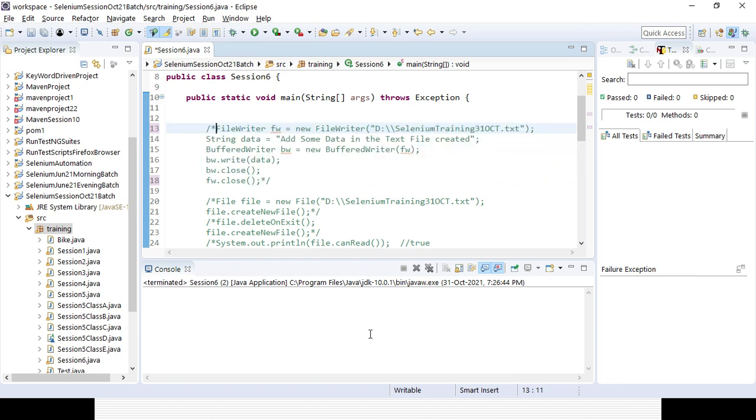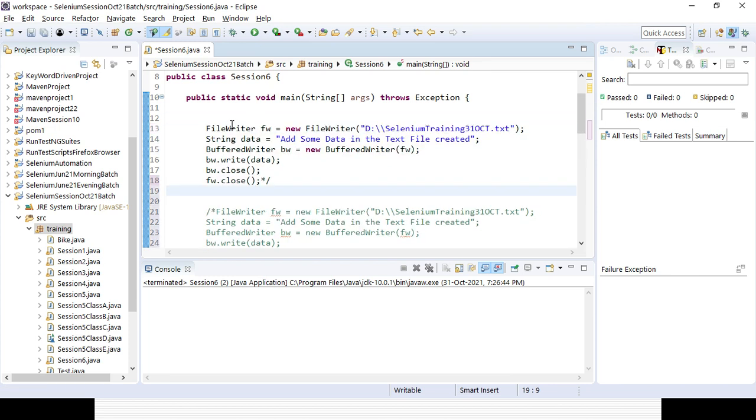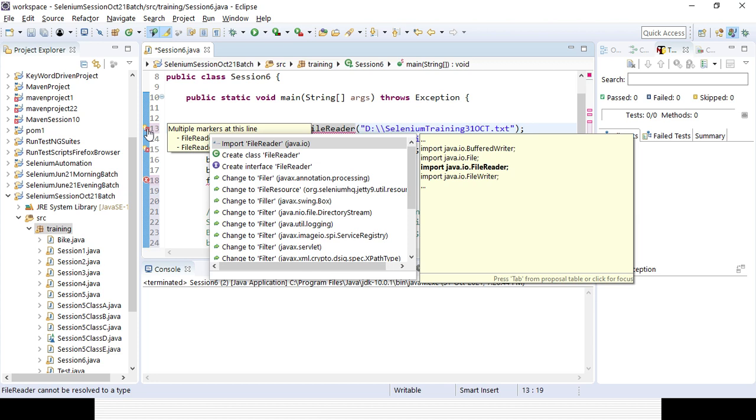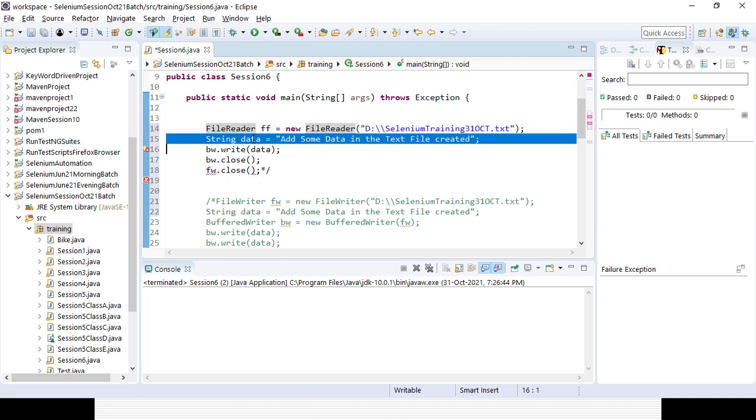So instead of FileWriter, it will be FileReader, and I need to import FileReader. That line is not required because I will be reading the data. Then instead of BufferedWriter, it will be BufferedReader, for the FileReader.